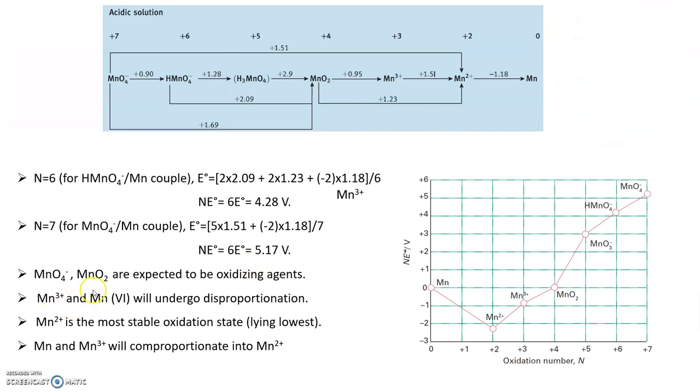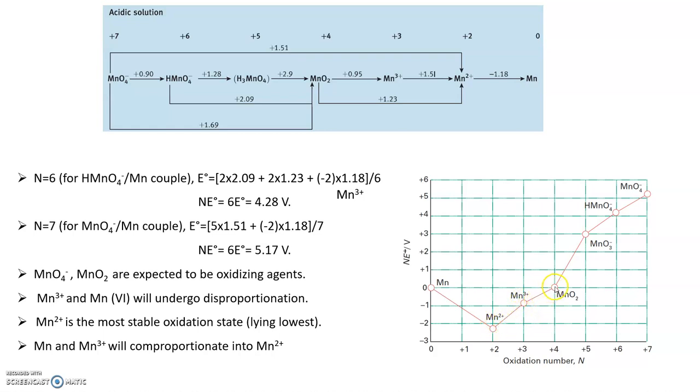You see, MnO4 and MnO2 are expected to be oxidizing agents. For an oxidizing agent, the graph should be steeper. Here MnO4 is quite steep, then MnO2 is also steep. This is a better oxidizing agent, and this will undergo reduction. That is why MnO4 will undergo reduction to give these kinds of oxidation states. Mn3 plus and Mn4. Mn3 plus, you see,